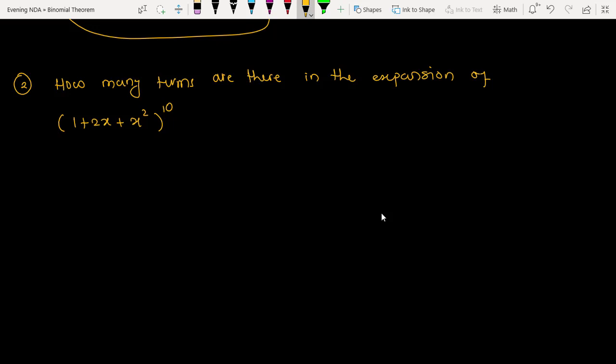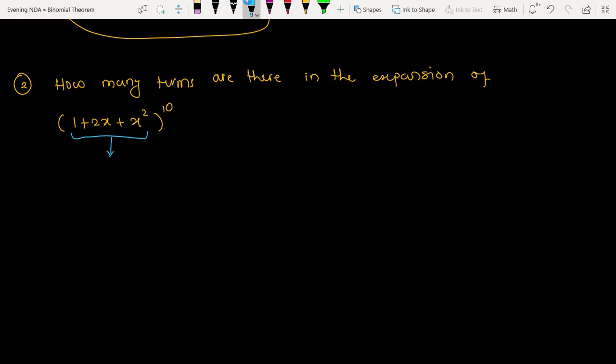See here, in the binomial chapter we have only binomials, meaning two terms. But if you see in this bracket we have three terms. Now if you expand three terms, definitely this will not be the same case as that of the binomials. And we do not know anything about these trinomials. We know only the binomial concepts. If somehow we convert these trinomials into binomials, then our life will be very easy.